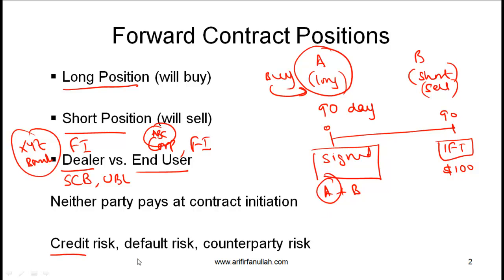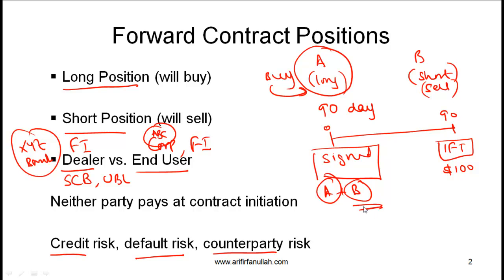Sometimes this is also called default risk, because it's the risk that party B will default. And this is also called counterparty risk, because from A's perspective, B is the counterparty. The counterparty risk then is simply the risk that the counterparty will not deliver per the commitment or contract that's been signed. Similarly, from B's perspective, there is again credit risk / default risk / counterparty risk,